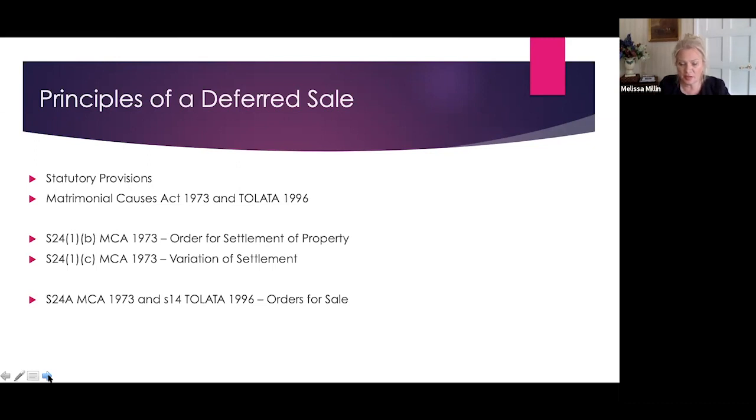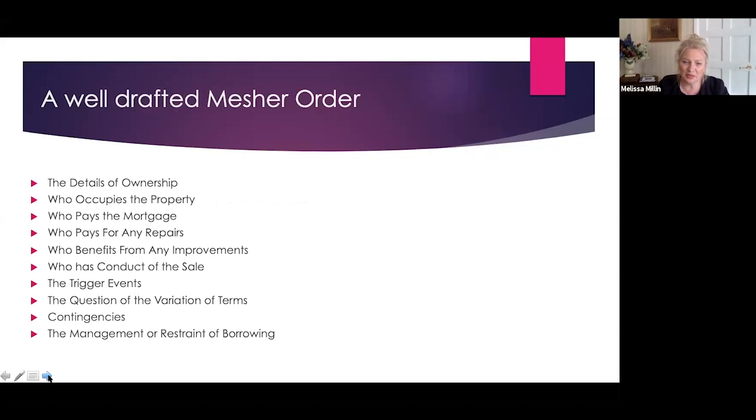But generally, and on a practical level, these are distinctions that are assumed and not necessarily recorded within the order. Because effectively the parties are left with a trust for sale, there's scope in bringing forward that sale on the relevant dates, and this is done on an application. That can be either under section 24A of the Matrimonial Causes Act or section 14 of TOLATA. But the draft order should clarify the rationale behind the order, and that's the most important element.